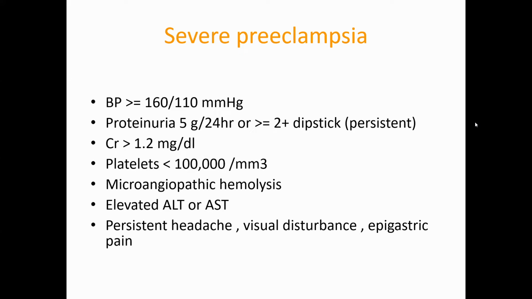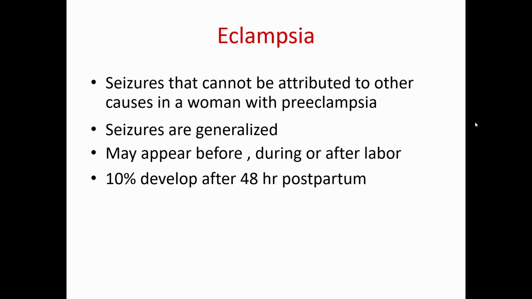So whenever a patient comes with high blood pressure during pregnancy, we have to ask about these 3 symptoms: whether she is having headache, whether she is complaining of disturbed vision, or epigastric pain is present or not. If these symptoms are present, then the maternal and fetal outcome may be serious. Eclampsia is seizures in pregnancy where the mother is hypertensive. That means hypertension with or without proteinuria, but a patient presenting with tonic-clonic seizures is eclampsia.